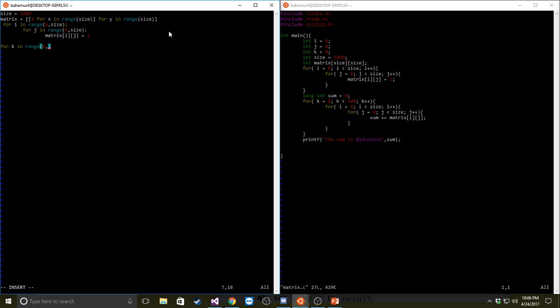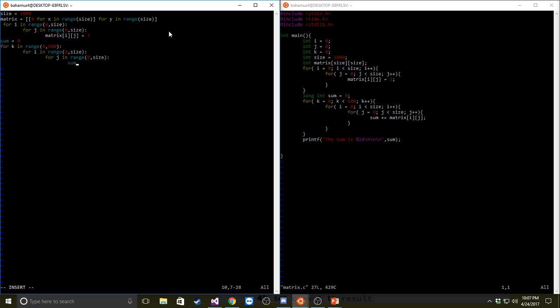from 0 to 500. So I am going to add up all the values of the matrix into a sum value. Let's create sum equals 0, and we'll do this 500 times. Again, I want to drive the point home and show the performance compared to C, and we will time this program as well. So for i in range between 0 to size, and then a final third loop, for j in range from 0 to size,